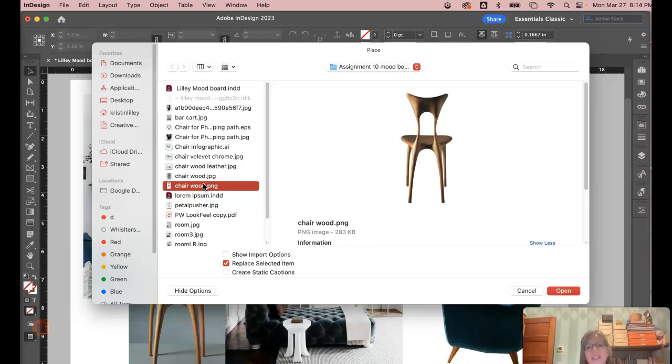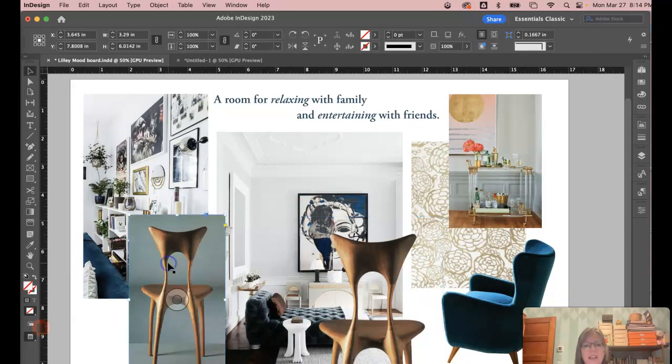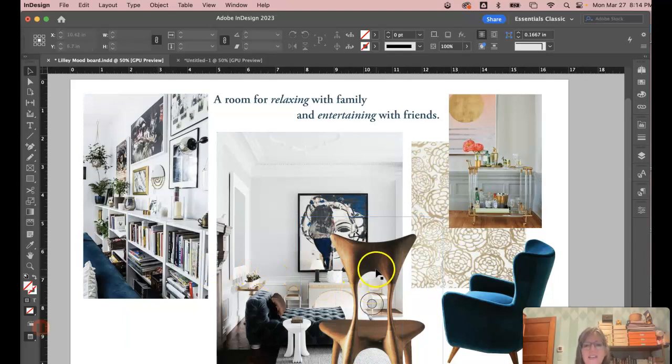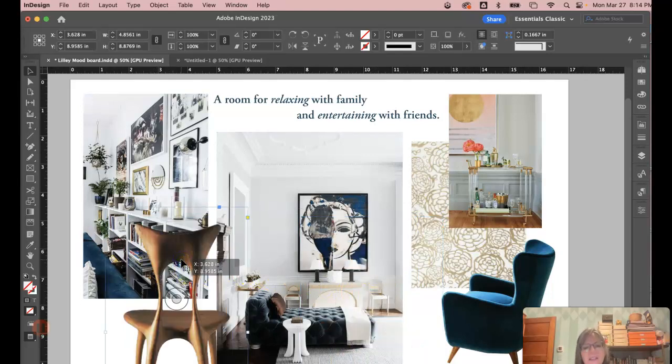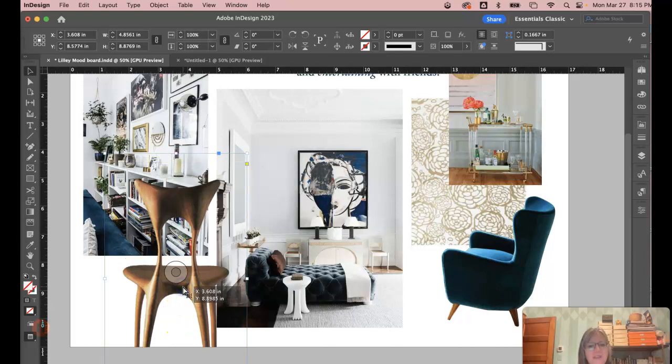So a PNG is a lowish resolution file that is a transparent file. So when I place this in here and drag it, it is silhouetted. If you were to save it as a JPEG, it is also a lower resolution file, but it flattens it and you lose that transparency. So I have this chair here and I can look at it, it's kind of cool having it actually